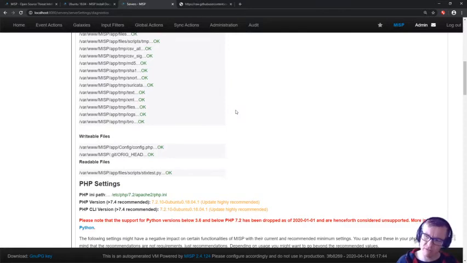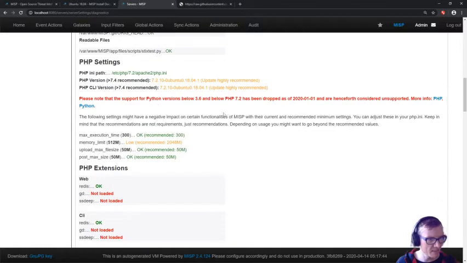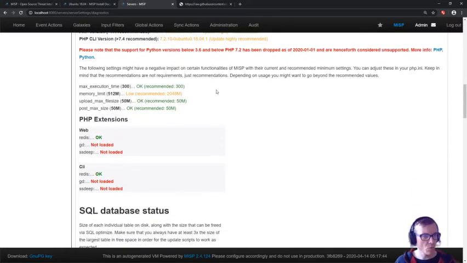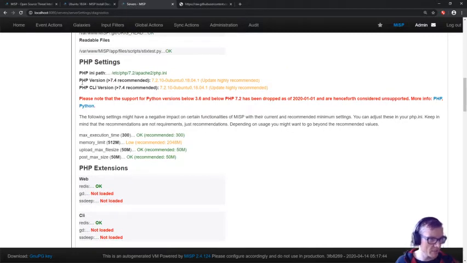As a matter of hygiene, just scroll through the page and see if everything is still more or less okay. What we see here is that the recommended PHP version is 7.4. Again, that's recommended. That doesn't mean that it has to be, but it is highly recommended. And then also, in case you wonder, okay, but why do you recommend 7.4? Well, a couple of very useful links. Here's the